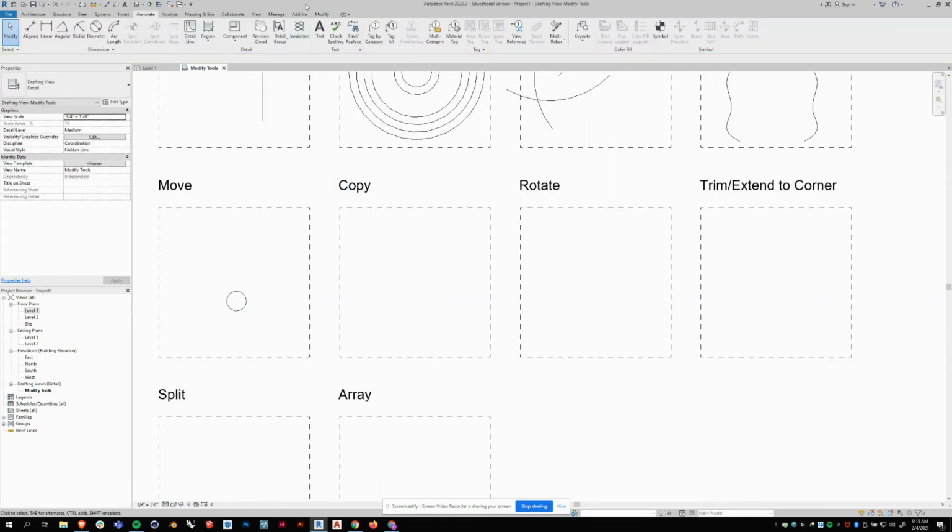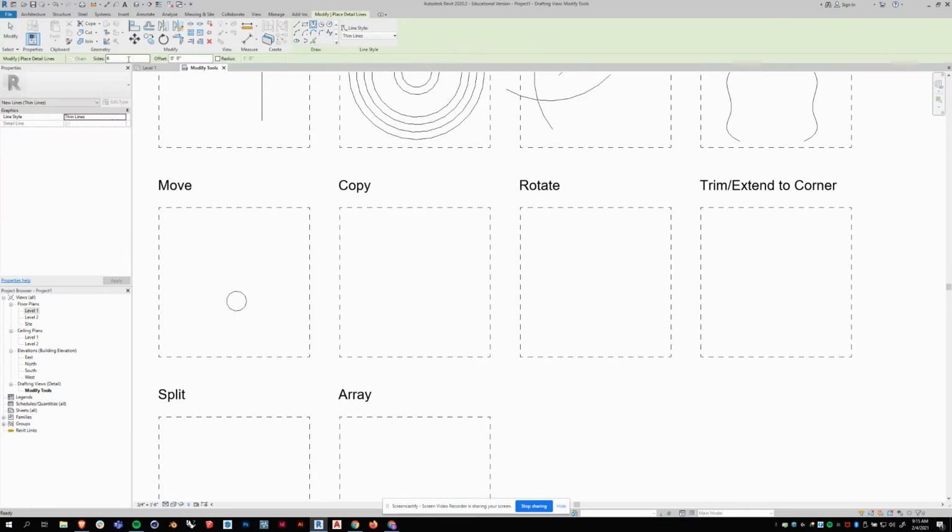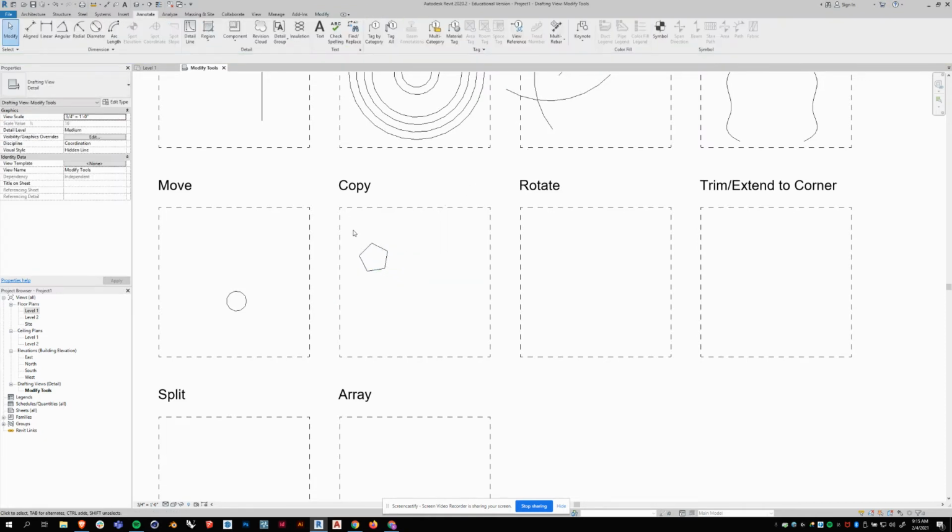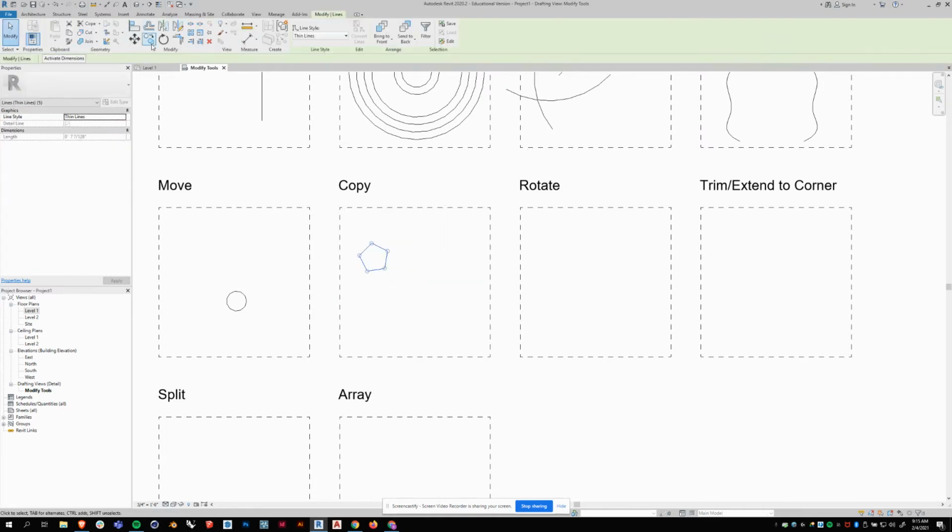Okay, so copy. Get some geometry in here again. Something in here. Okay, let's copy this. So I'm going to select all these lines, go to the Copy tool right here. Now, same principle. I'm going to click that. Now, in the options bar,